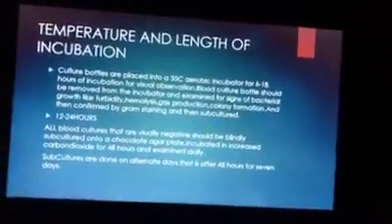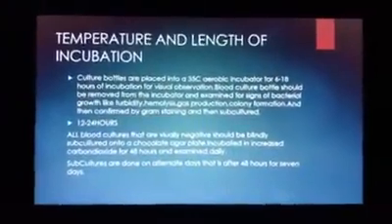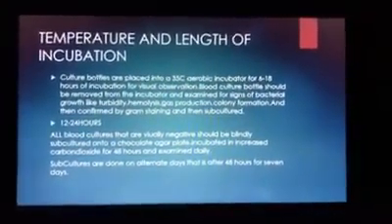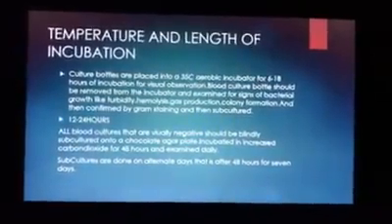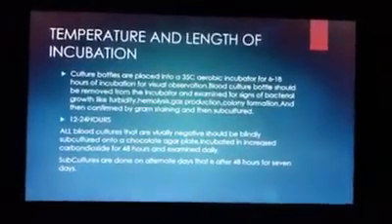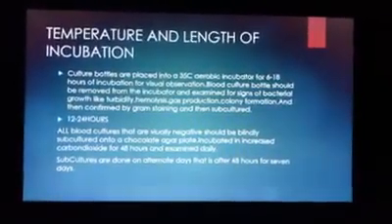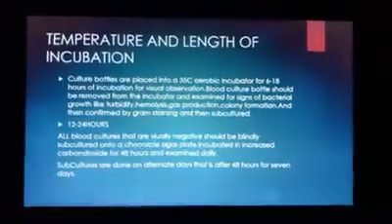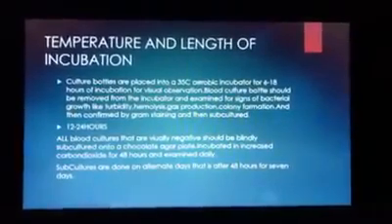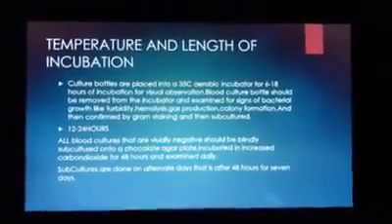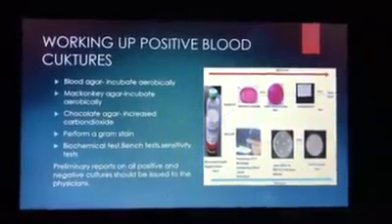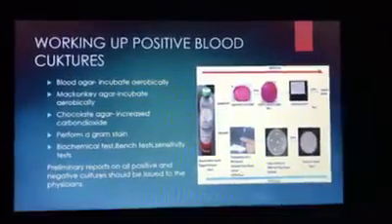Now this depends upon the bacteria. Some bacteria grow in 2 to 3 days, and then blood culture reports can be taken out in 2 to 3 days. But some may require up to 7 to 10 days, and some yeast can also require up to 30 days. So it totally depends upon the type of bacteria that we are growing on the blood culture media. Now, if we see that the blood culture is positive, what are we going to do next?